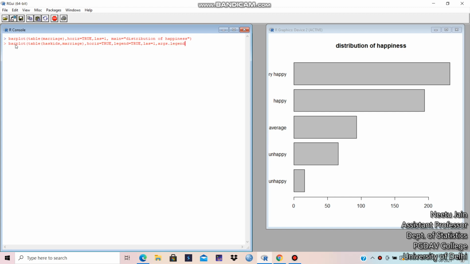Suppose this means where do I want to place my legends. Suppose I want to place it at the bottom right corner, so I will write it as the vector c, x is equal to within quotes bottomright.